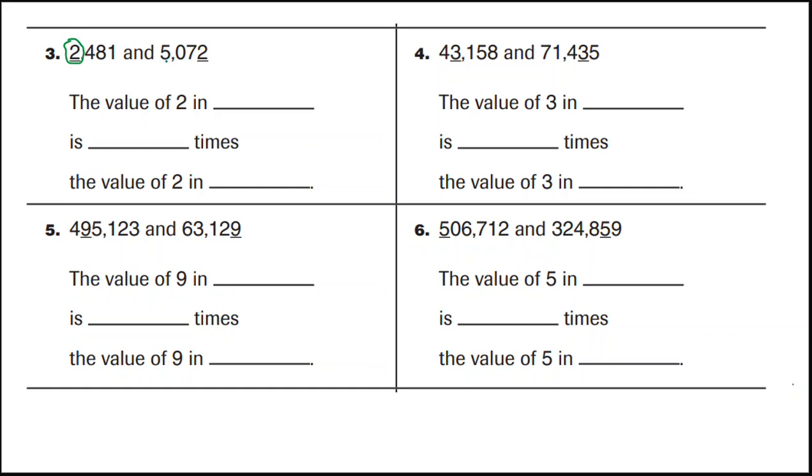And we have this number over here, which is 5,072. And this 2 right here is really worth 2. Now, this is worth 2 because it's in the ones place and there's 2 of them. This is worth 2,000 because it's in the thousands place and there are 2 of them. Okay? So the value of the 2 in this first number, which was